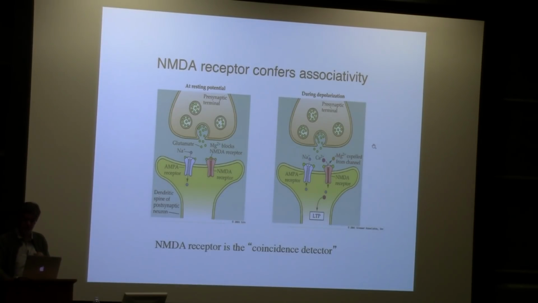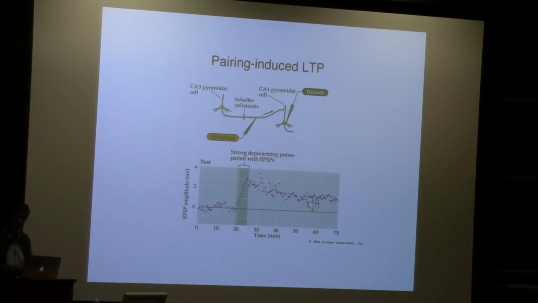Hebb says when cell A makes cell B fire action potentials, then you will initiate a process to potentiate that connection. So the molecule that reads those circumstances is basically the NMDA receptor. Okay, so it's the molecule of plasticity or whatever. Okay, so